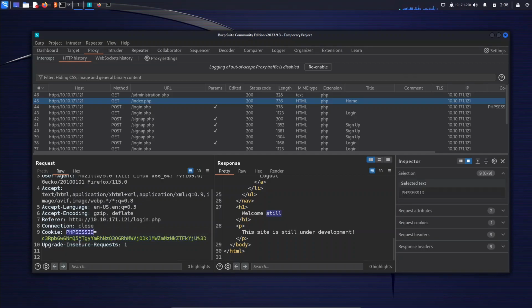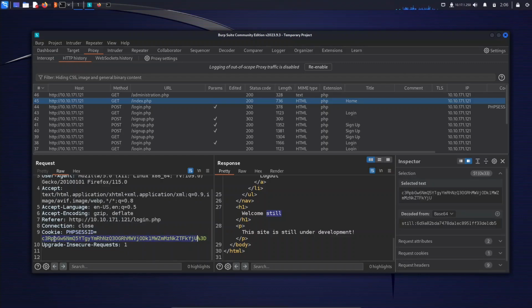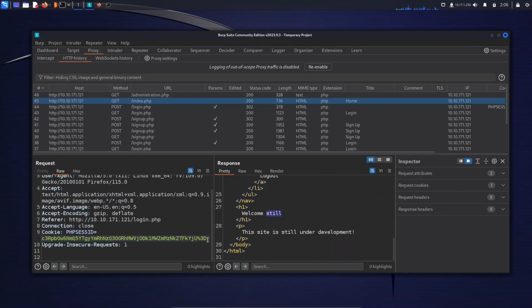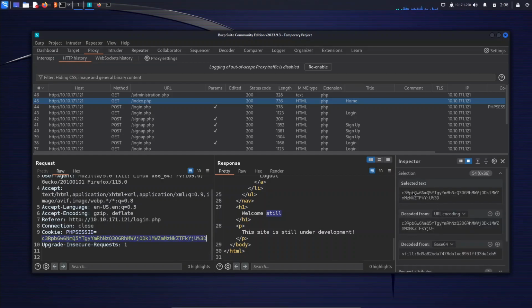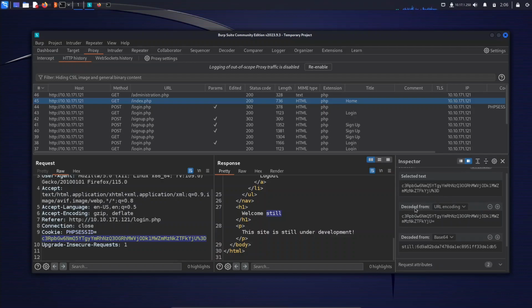Usually the PHP session ID is not that long. So right off the bat, when I saw this PHP session ID, I knew something is weird. So let's take a look. If I select all of this, the inspector in the Burp Suite actually tells me that this is the selected text that I selected, and it automatically decoded it from URL encoding. So %3D is URL encoded,